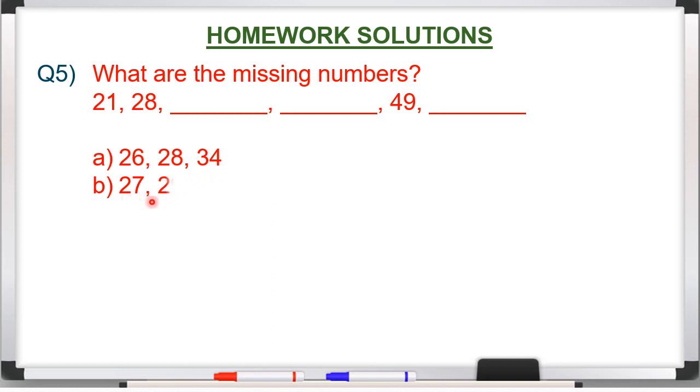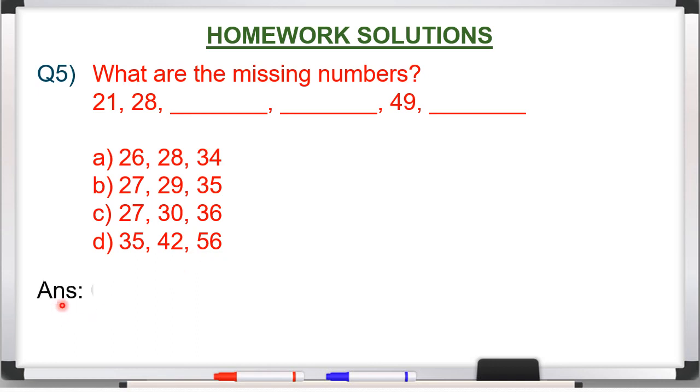Option B 27, 29, 35. Option C 27, 30, 36. Option D 35, 42, 56. So beta answer is option D, 35, 42,